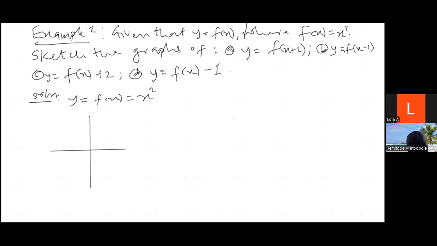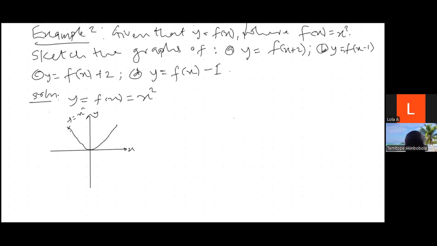Y-axis, x-axis. Now, y equals 0 and s equals 0. This is the graph. So this is y equals s squared. You get that now? So I now want to answer question A,